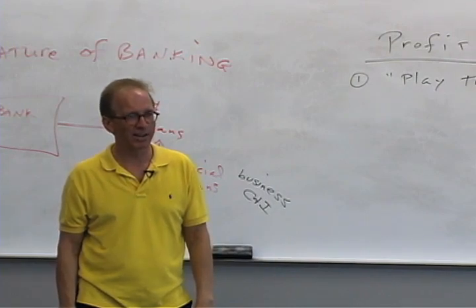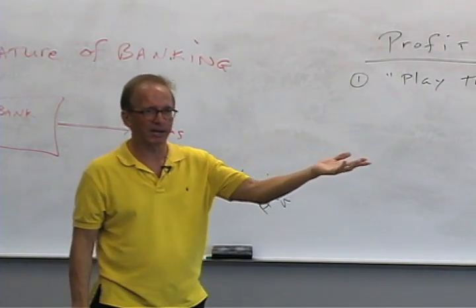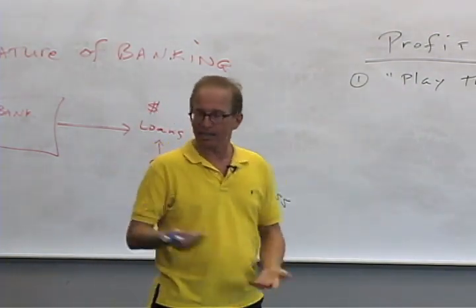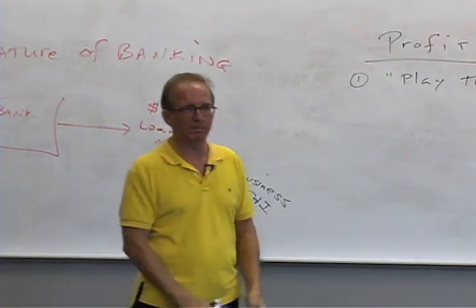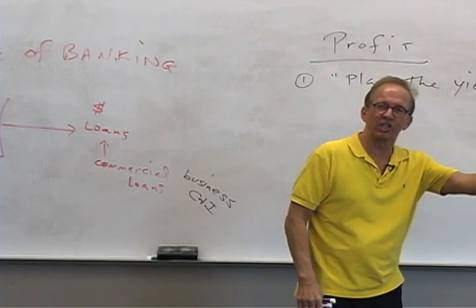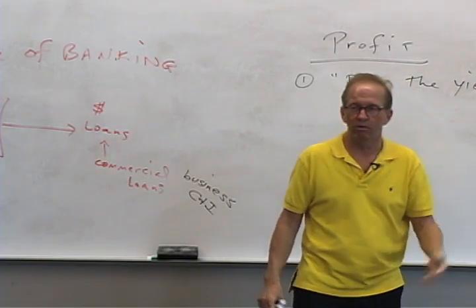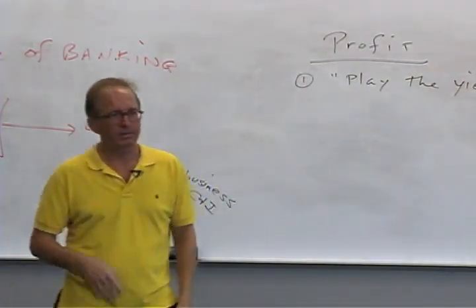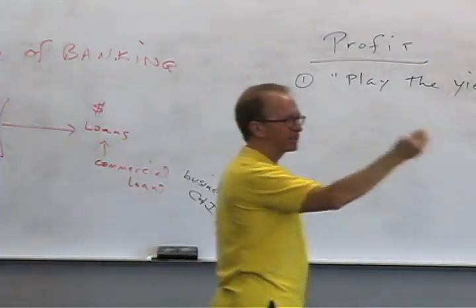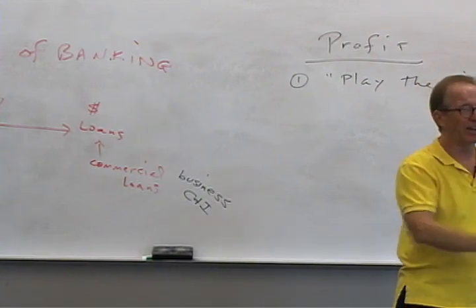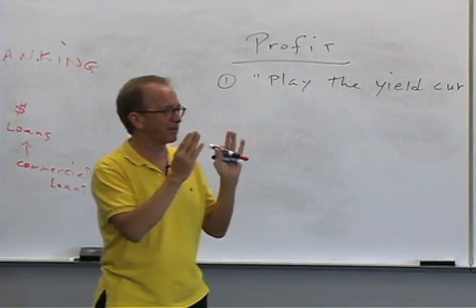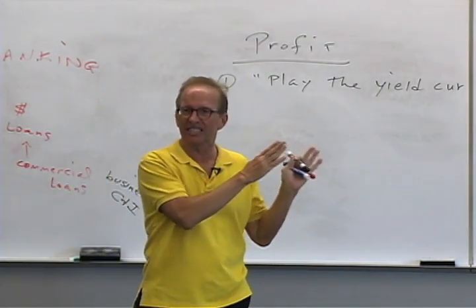Because that money's gone. Like if you lend money to somebody to buy a car, they say, okay, I'm going to go buy a car. They buy that. At the end of the month, this depositor says, I want my money back. Then what do you do? You go to the car buyer and say, hey, could I have that money back? No. So here's what the banker does. The banker will take your deposit and lend it to somebody for 5 years. By the way, 30 years too. But they'll lend that money to somebody for 5 years, 60 months.